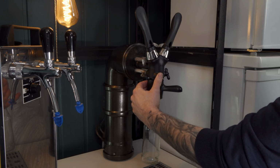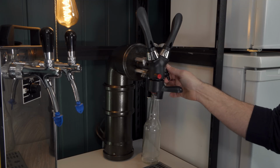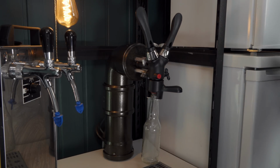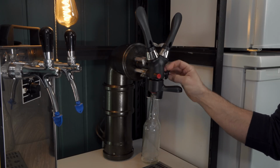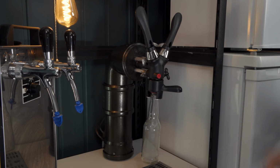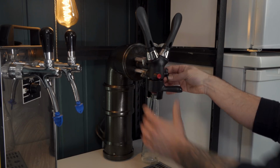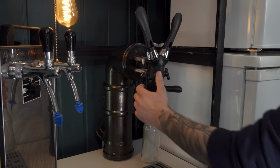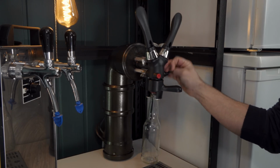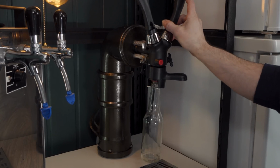If I were to do that again, we should have 5% now if I release it. And if I were to do that again and release that mix, we should have 2.5% and 1.25%, and now we should be under 1%. If we fill this up now,